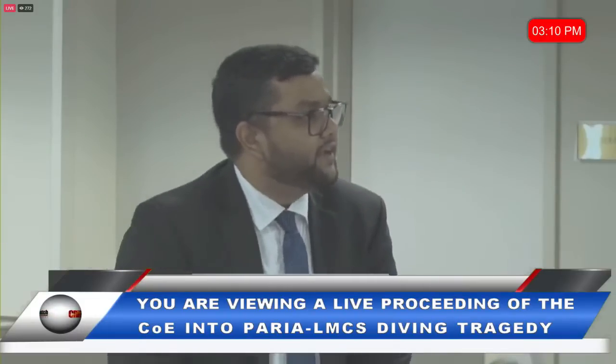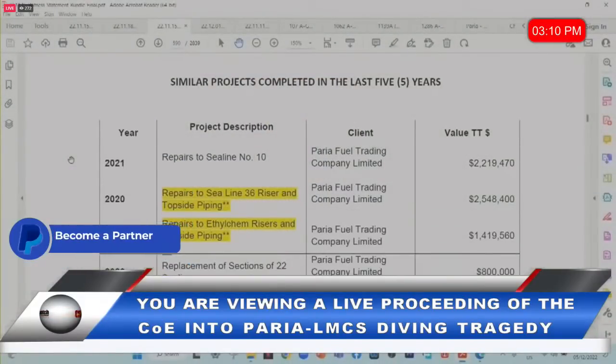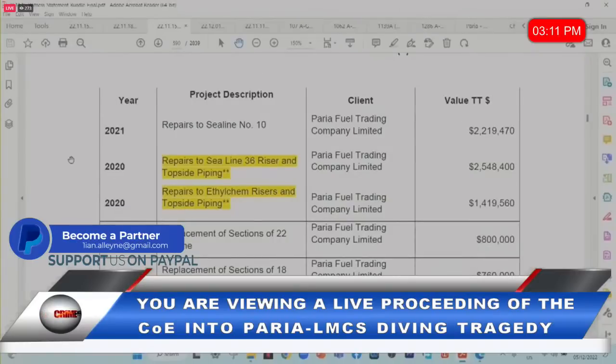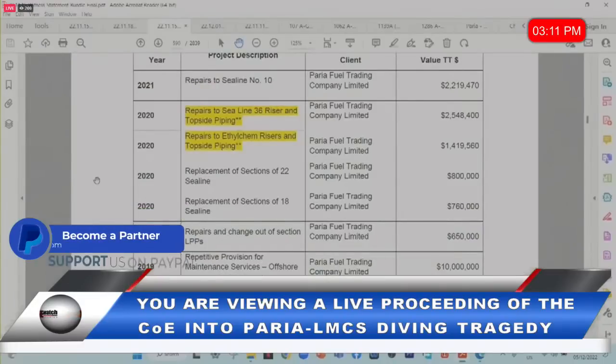So we're at page 589, and the table you see here relates to prior experience going back 5 years of LMCS. Paria and Petrotrin. Good. Did any of these operations involve diving into a pipeline? No. All right. Now I want to go to paragraph 28 of the witness statement of Andrew Farah. And that will be at page...